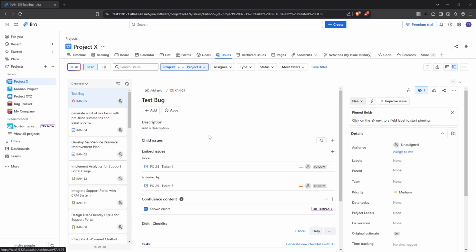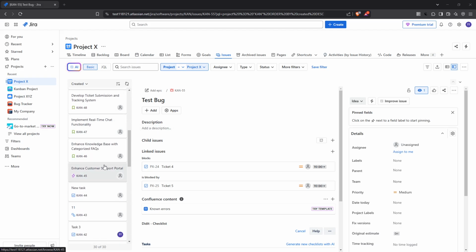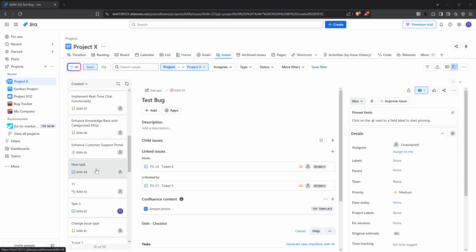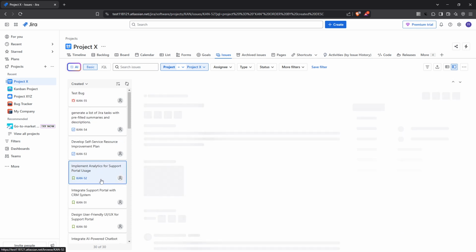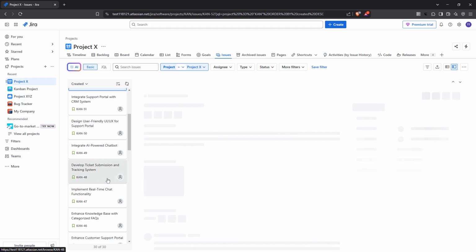Let's start by discussing how you can create dependencies using linked issues, which is Jira's basic dependency tracking feature. First, you will need to open the Jira issue where you intend to create a dependency. This issue will serve as a reference point for any other issues it might be connected with, which is vital